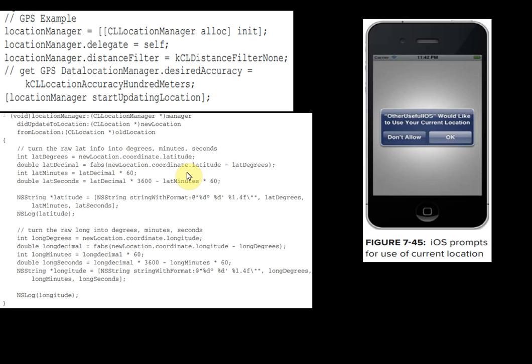Okay, so that is what we are doing here. We are initializing the location manager and setting the delegate to self. Then after that, get the GPS location with an accuracy of 100 meters. Okay, so for every 100 meters, the location should be updated to you. Okay, location manager start updating location.